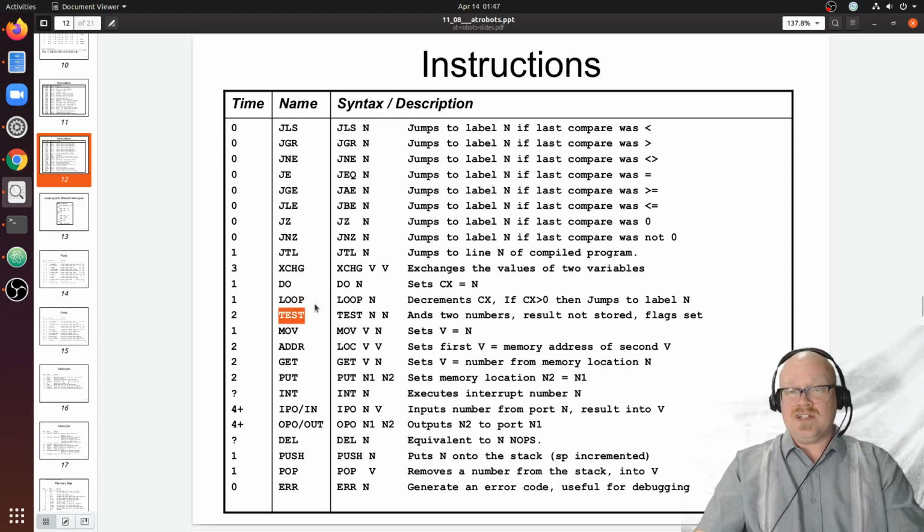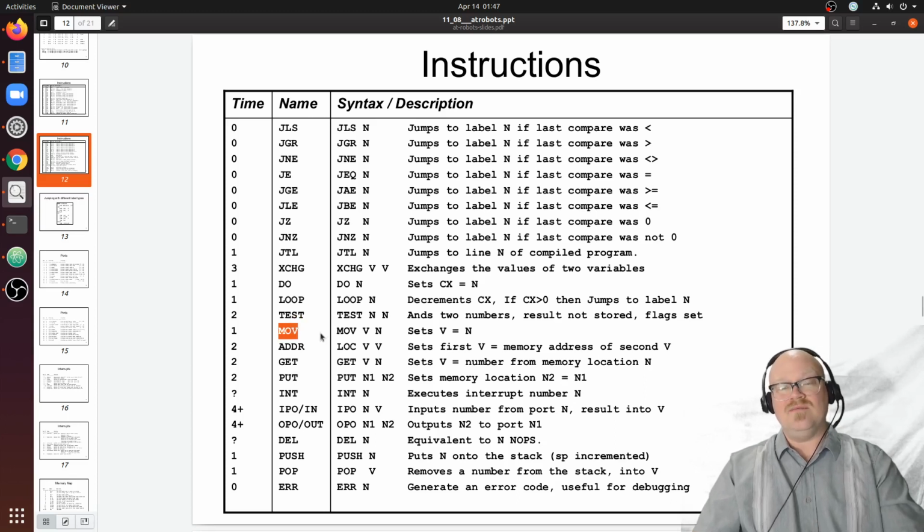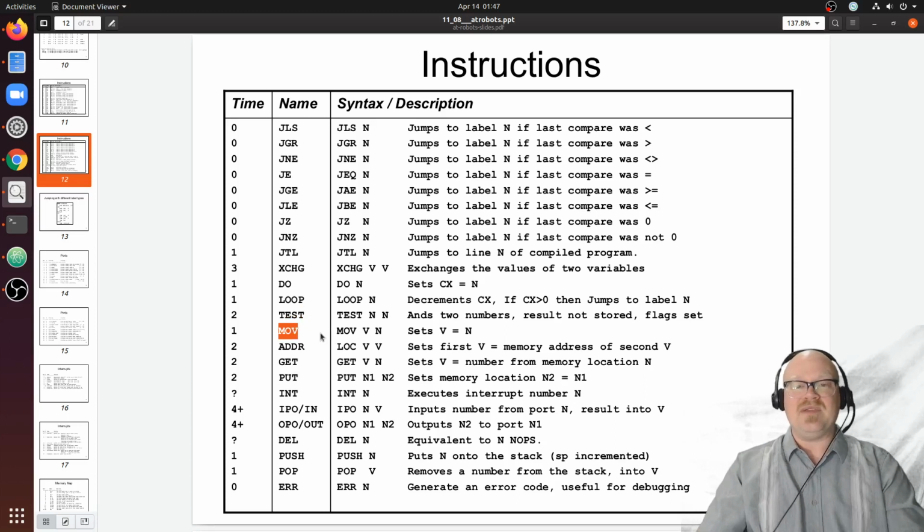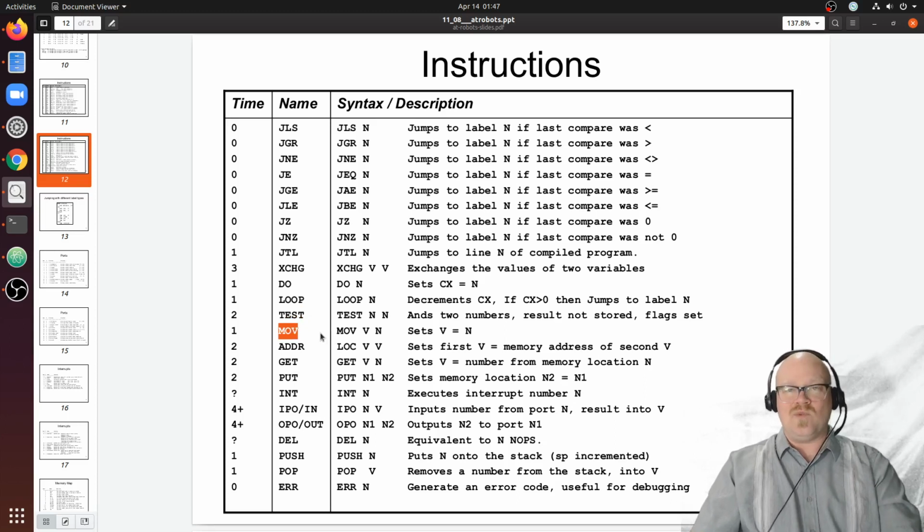The test instruction is one that we already talked about. It effectively does the bitwise AND operation, the binary AND operation, but it doesn't store the results. It just stores the flags. The move instruction we've talked about before, but the move instruction effectively just copies a value from one place into another place. The address instruction